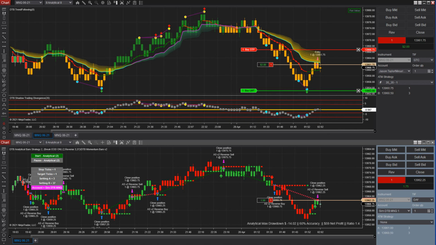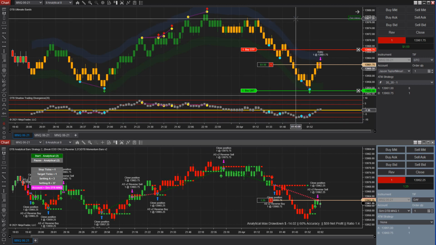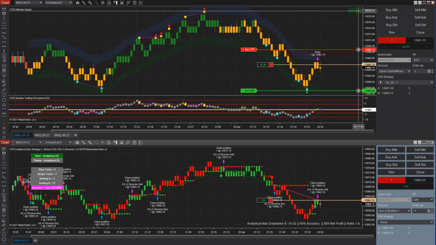And then just go from there, so you've entered a position according to what the strategy has done. You've got the odds in your favor because the strategy has got a higher rate of accuracy. And just go from there. So this is just a little scalping thing that you can experiment with while you're getting to know the DTB system. As I mentioned, you can go and find your strategy optimizer,